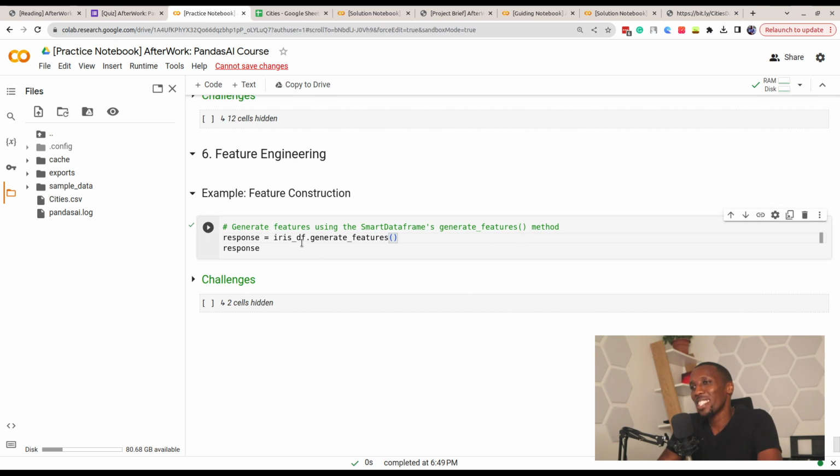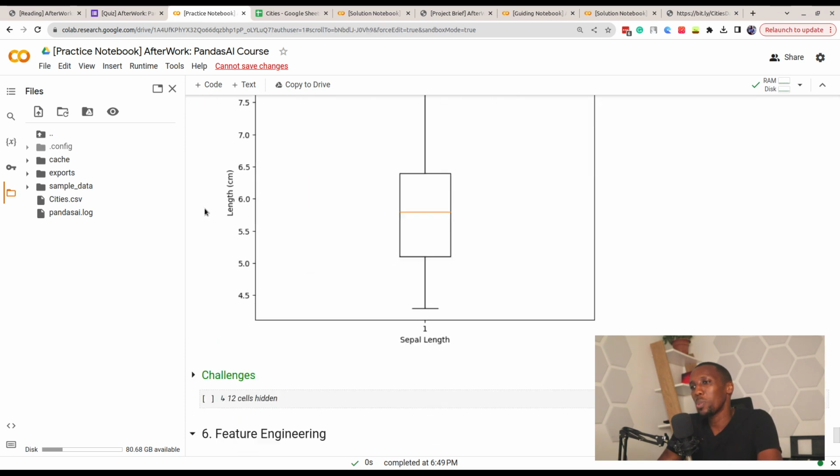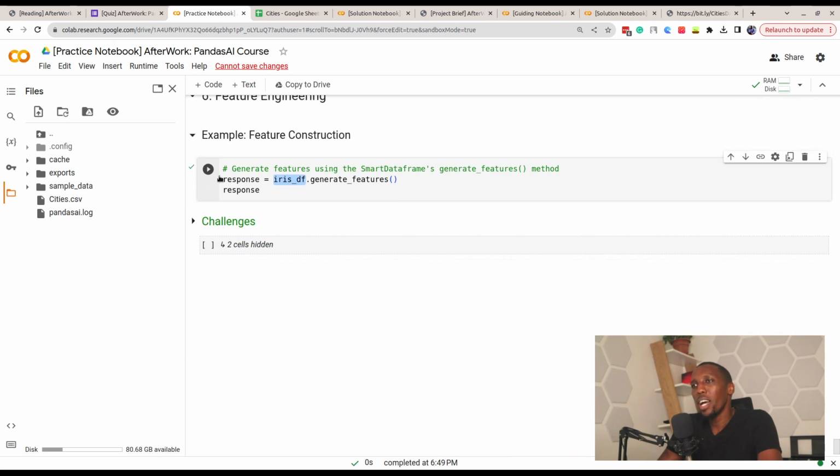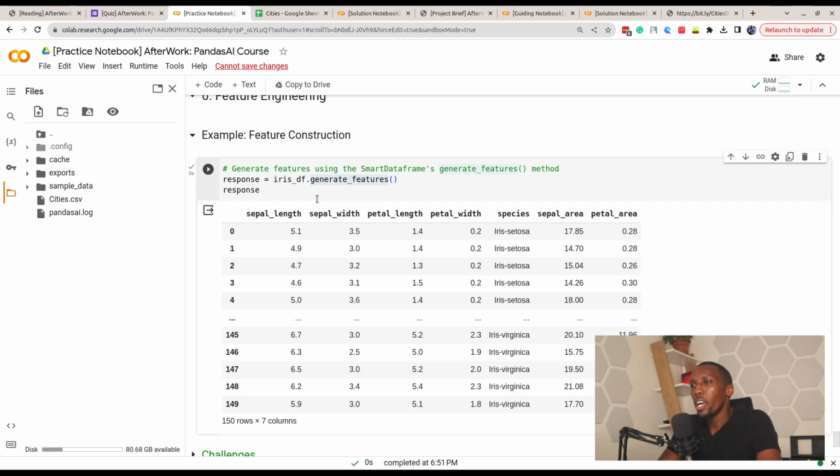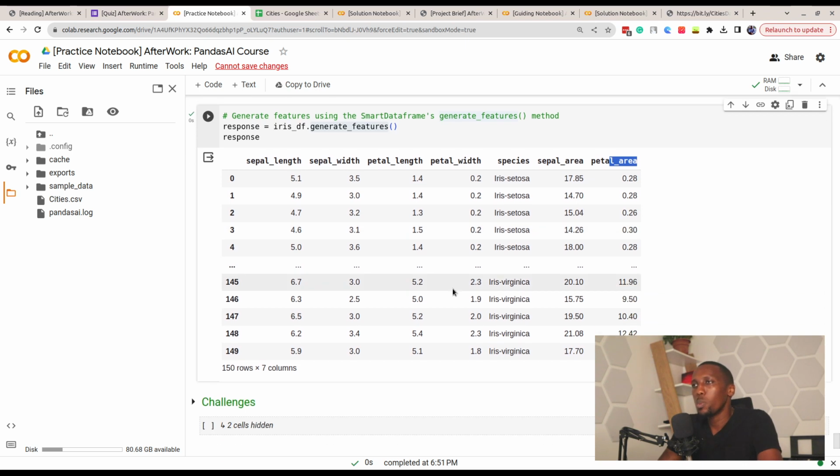So in this particular data set, IRIS-DF, we had our data set, but we were not sure which features we wanted to create. Yes, you could ask using the chat method, PandasAI using the chat method, but we could use this shortcut, which is called generate features, and we can now get a new data frame with just some new features that we have. We have SIPO area as well as PATO LB area, which are just much more relevant to this particular case. But again, you could